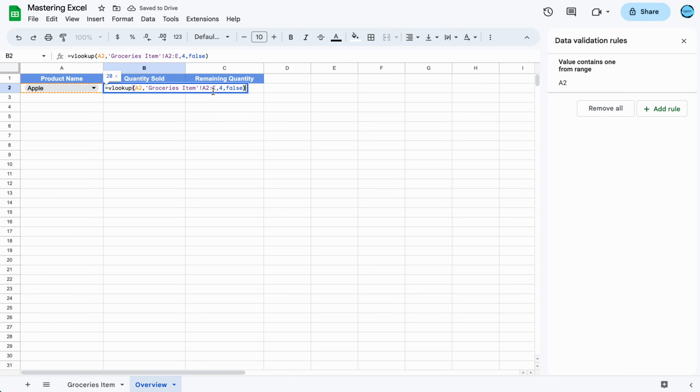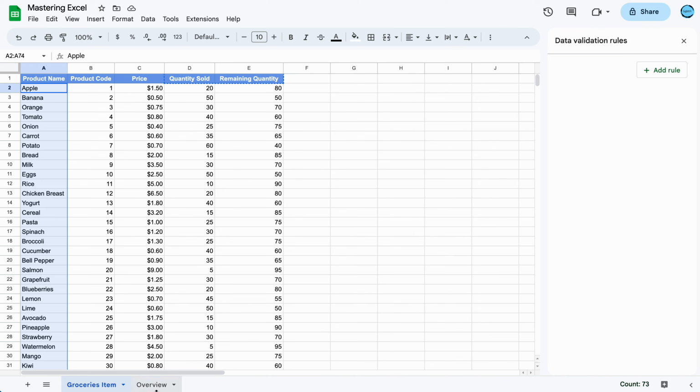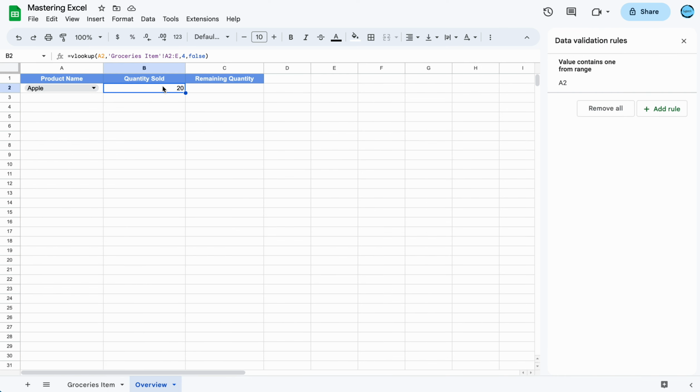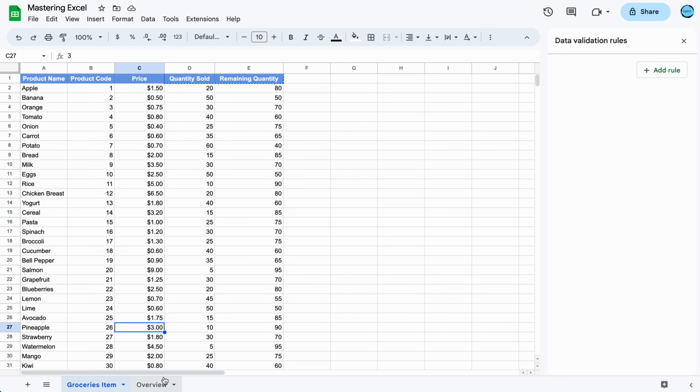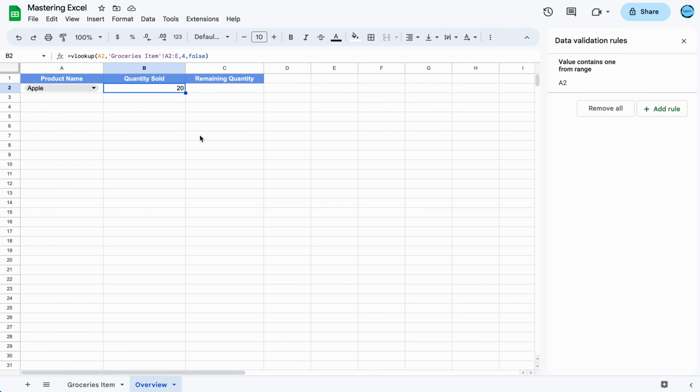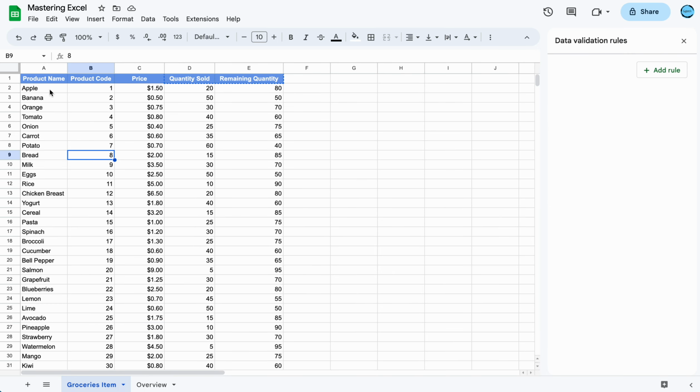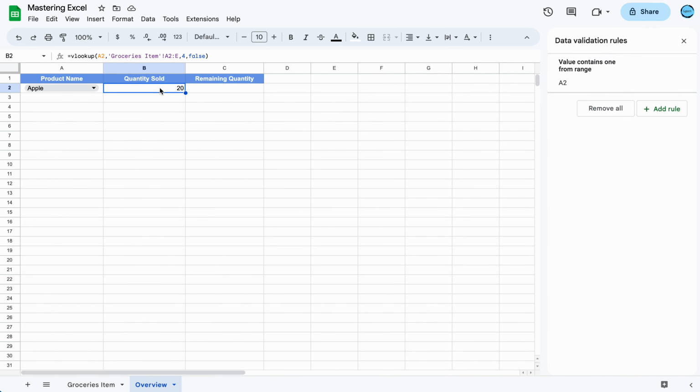So A2 to E means this has selected all the columns here, and also this has returned the exact quantity sold of apple. You can verify this here. Apple, the quantity sold item is 4. Similarly, you can use this formula, double click here and copy the formula, and